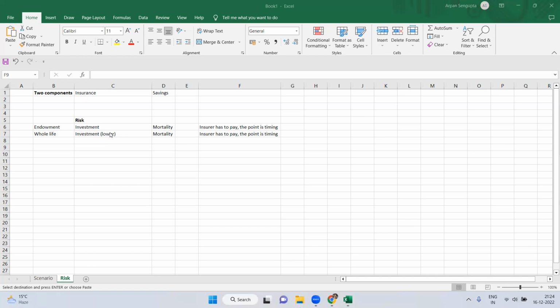And because of that, suppose for a whole life product, you are supposed to pay say 2000 rupees for 99 years, right? Or not 99 years, suppose you are taking the policy at 30 years of age, then you are supposed to pay that for 69 years, right? But instead of paying it for 69 years, because of that limited premium paying period concept, the insurer is collecting that premium in maybe 30 years. So the premium that is supposed to come in 69 years, the insurer is collecting in 30 years only.